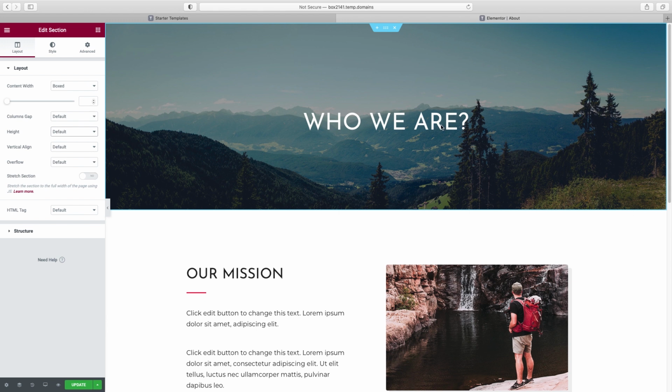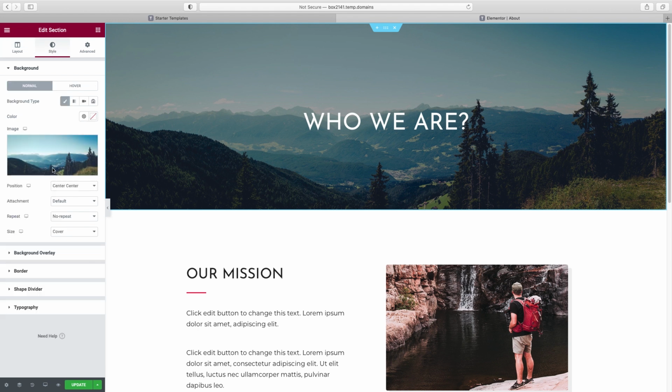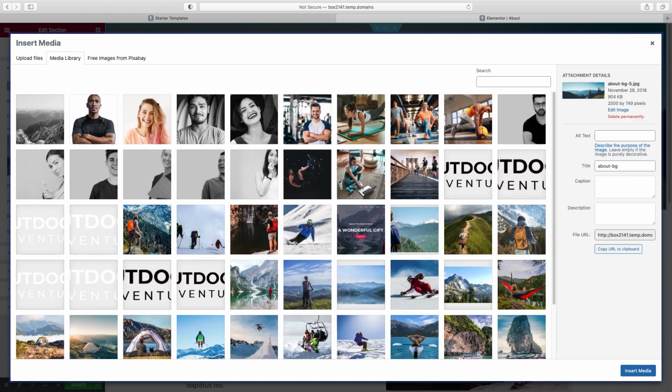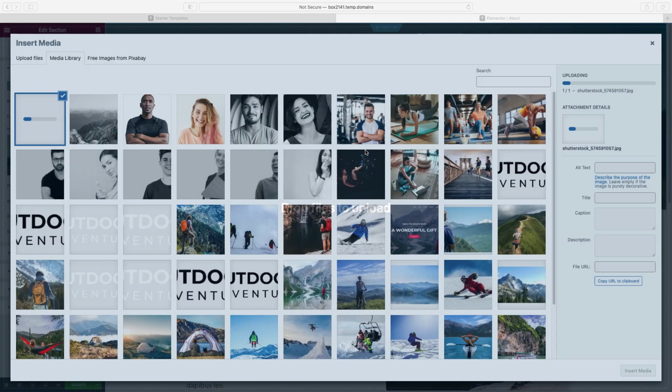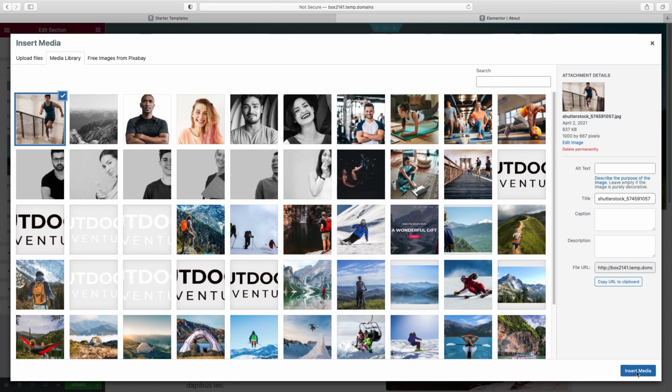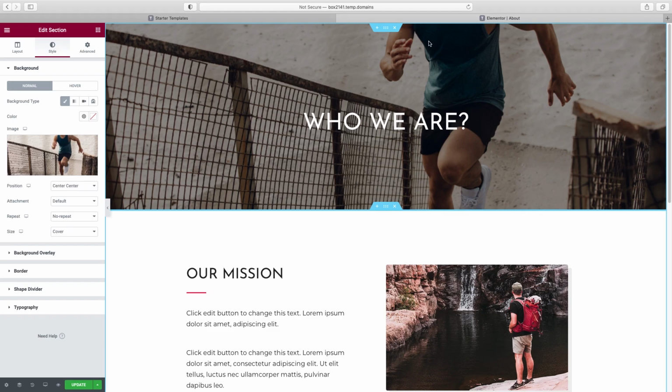So let's just go ahead and style this top section with a new image. So again, we're going to choose the section and go to Style. And since this is an About Us page, let's get an image of our trainer. So I'm just going to drag one that I found and then insert media. Okay, so now we obviously probably want the face in here. So we need to change